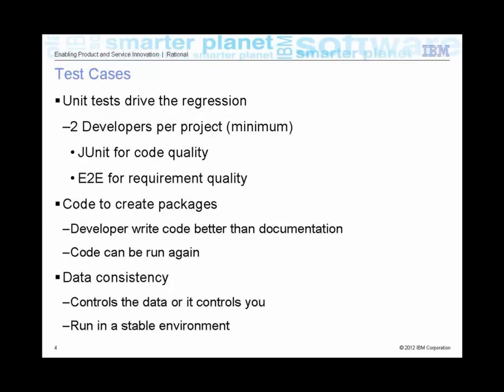So we came up with our third and final solution, where we needed to create a stable environment for our data. What we did is, for what we were testing, we created a local database using Derby that would be run on a server where we're running our tests, and the developer could run them locally on their development machine. The database was a very small subset of our overall database that was in a real development region or production environment, but it was specifically suited for the tests that we were running.